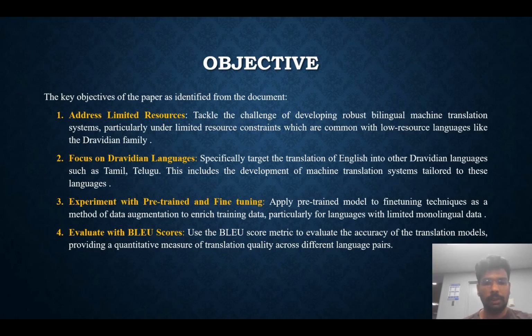And coming to the objective, this slide outlines the main goals of the paper, focusing on improving bilingual machine translation for languages with fewer resources like those in the Dravidian language group, or overcoming the hurdles in machine translation systems caused by scarce resources. A common issue for languages such as those in the Dravidian family,